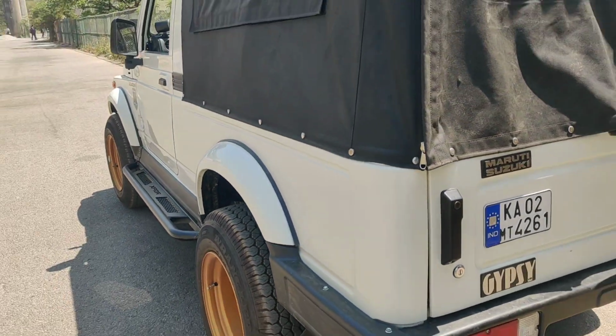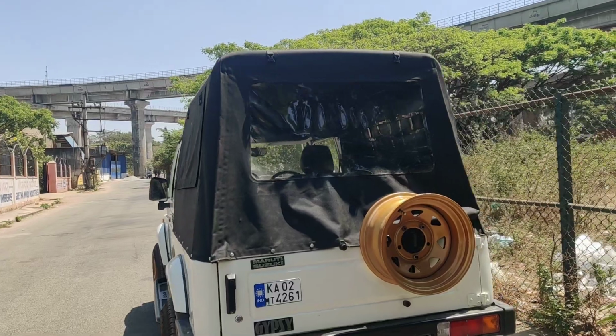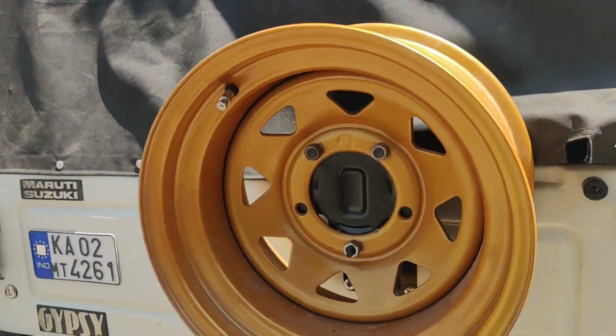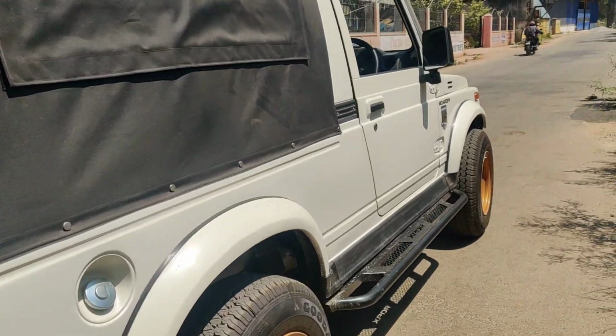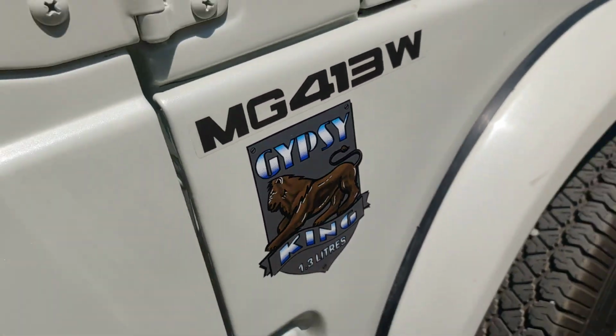So the set of 4 tires are from Goodyear, and the tarpaulin is also brand new, and off-roading rims have been installed in this completely. So you can just have a look at the body line of the vehicle, very neat and very clean. I'll be showing you the interiors of the vehicle. So you can just check out the badging of the vehicle. Badging is 413,